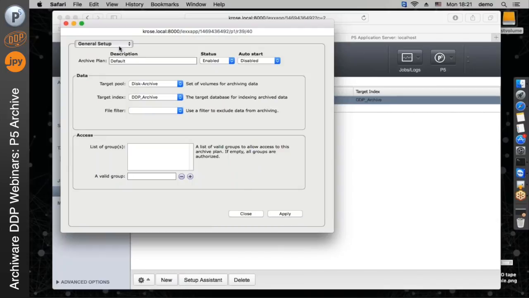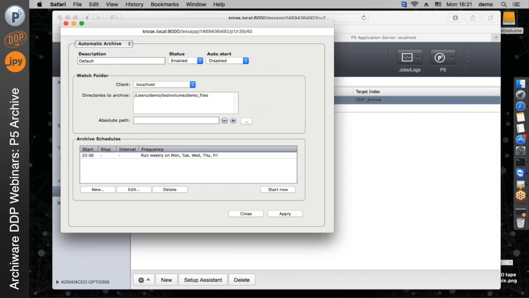And what I'm going to do first is just show you the first way that you do archiving, which is what we call the automatic archive, where you're going to specify a volume, in this case on the DDP, and a schedule. So this folder here might be an area on a DDP where you're requesting that users place work that no longer needs to be on the DDP. And by moving work into that folder, what we're doing is having an automatic schedule that will then move that to tape